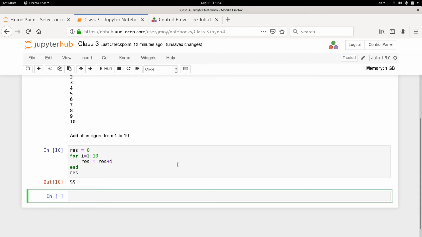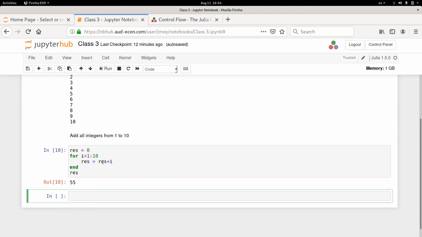So what's happening here, now you can see how when you assign something to a variable, or you bind something to a variable, the right hand side can contain the current value of the variable. So you start off with result is equal to 0. Then i is going to go from 1 to 10. So i is initially 1. So result becomes 0 plus 1. So it's 1. Then you go back, and now i becomes 2.